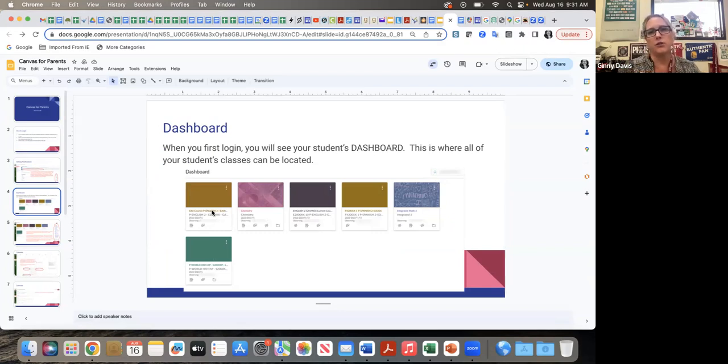By the way, I want you guys to know that my son's school uses Canvas too. So I'm going to be figuring this out as a parent also. I'm right there with you. So I know how hard it is. I'm very sympathetic to how confusing it could be to figure all this out.